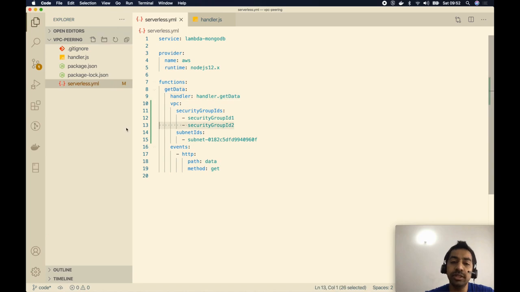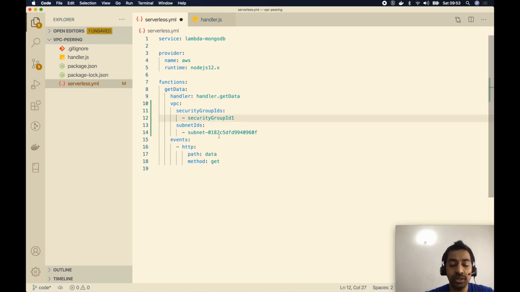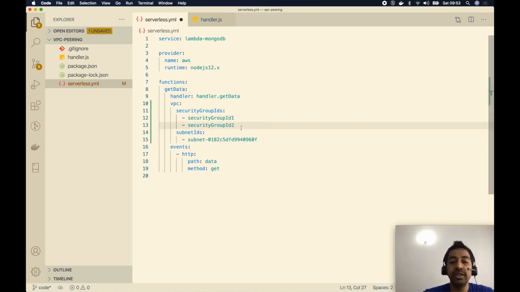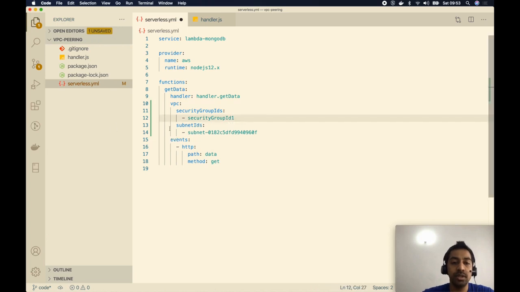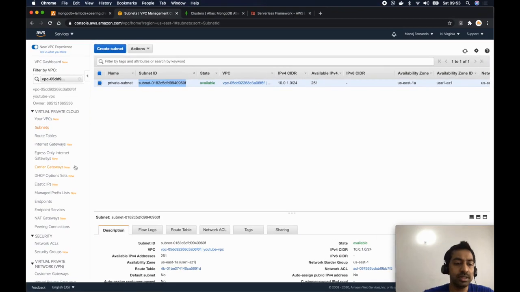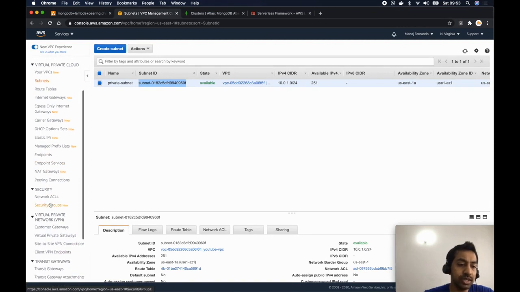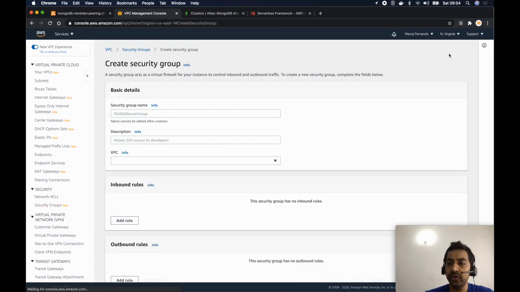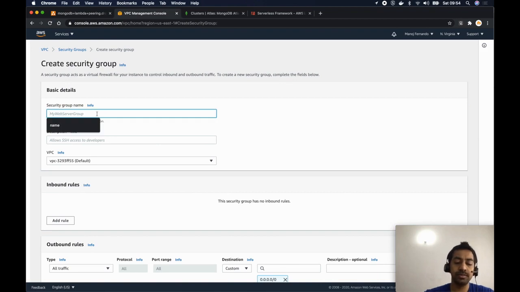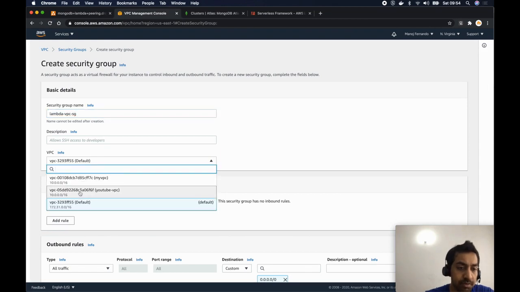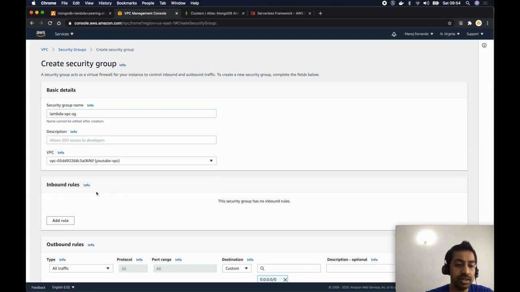Now we need to create a security group that needs to be attached to the Lambda function. Now let's create a new security group. So let me go back to AWS, and in the VPC section, we should see security group under security. So I'll go ahead and create a new security group, Lambda VPC security group, and make sure to pick the correct VPC, which is YouTube VPC in my case.